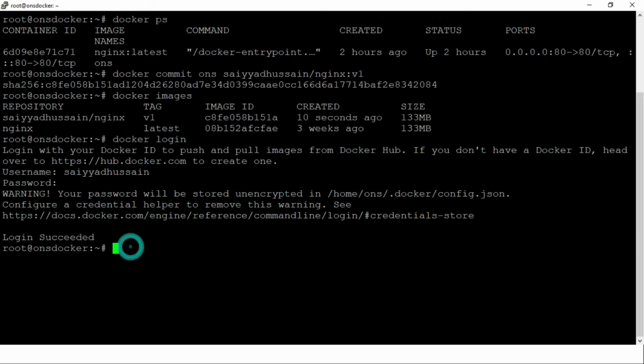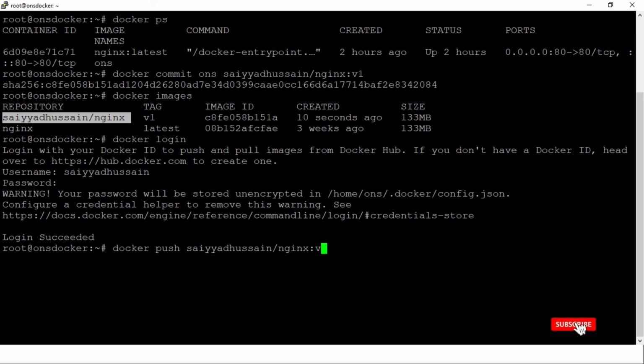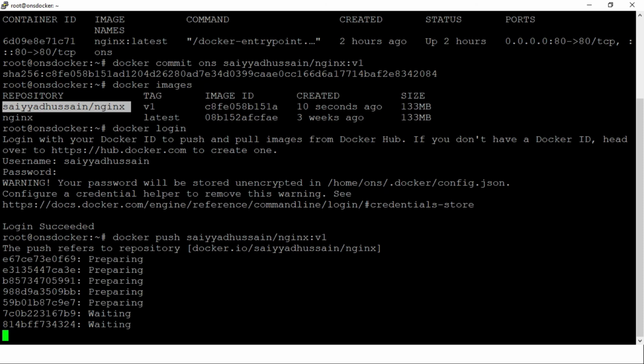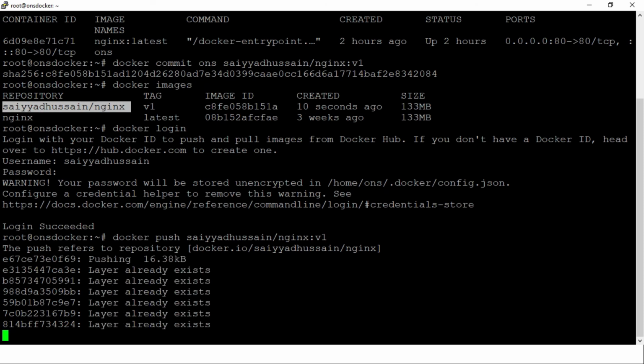So how can I upload? I have to type docker push, then the repository name and also the tag name v1. After that we press enter. It is uploading your image to Docker Hub.